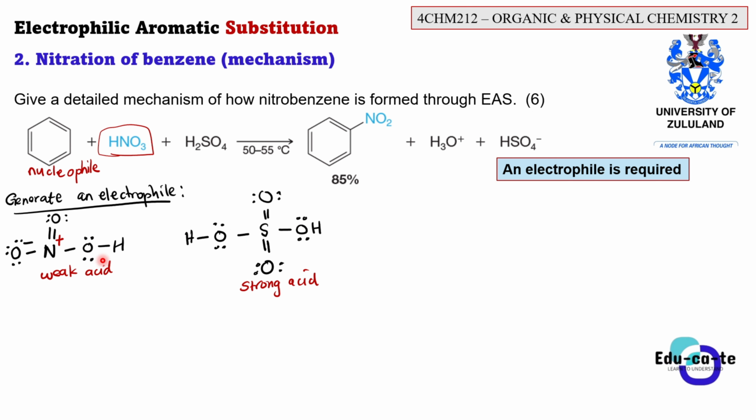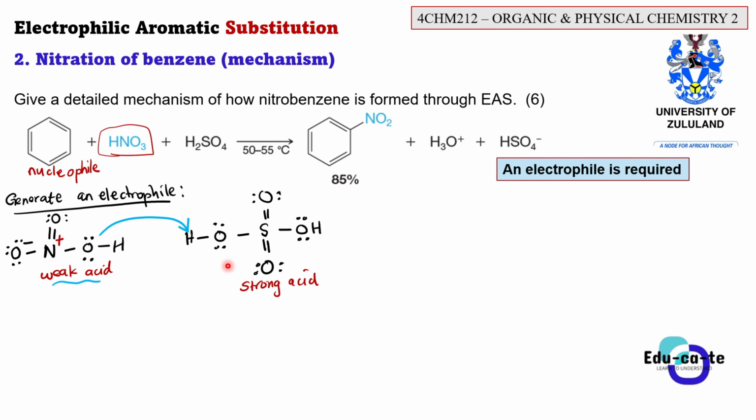Alright, it is acting like a base because it's weak, but the strong acid is acting as an acid because it's giving the proton. But in actual fact, using reaction mechanism notation, we would say that this oxygen on this weaker acid, on this nitric acid, is slightly basic because it has lone pairs of electrons. So it is willing to take away a proton from the hydrogen. It is able to take away a proton from the hydrogen. Remember, we're not talking about taking away a proton here. We just simply mean that it has lone pairs of electrons, and those lone pairs can form a bond with the hydrogen.